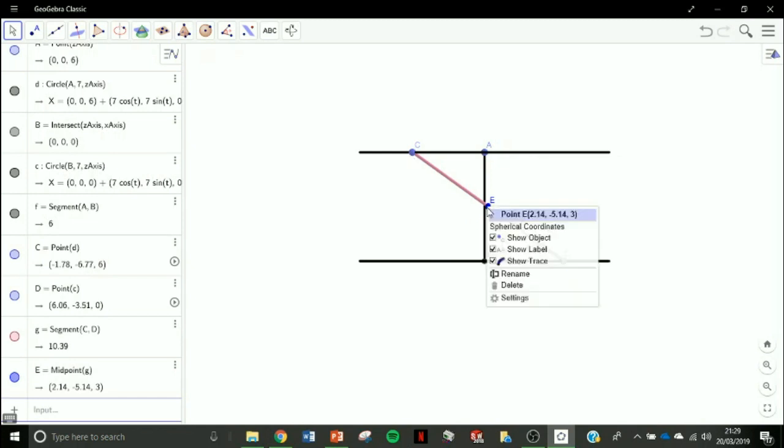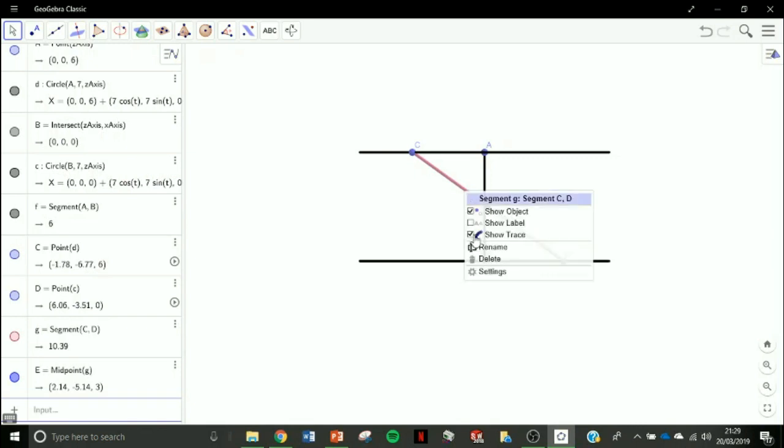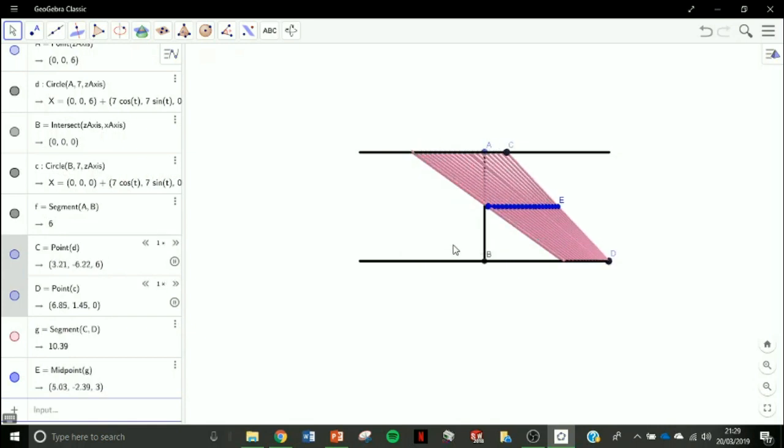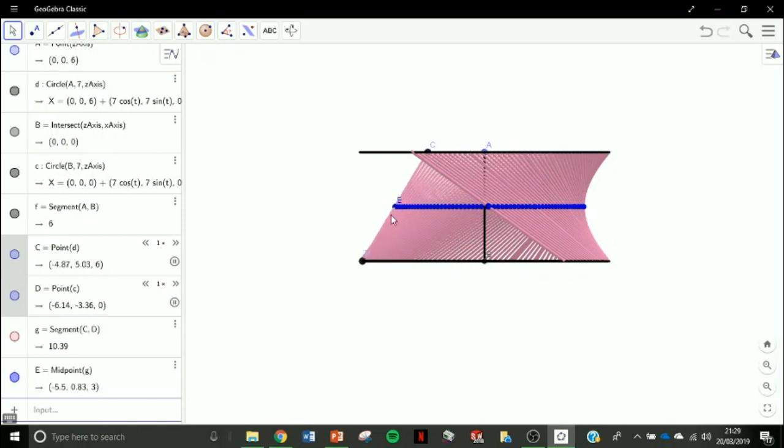So if I click on E and I have show trace already selected, the same as the line, if I select points C and D together and turn on the animation, we create a hyperboloid of revolution. So the blue dot that's following the midpoint of the line around creates our throat circle. So if I just stop this,